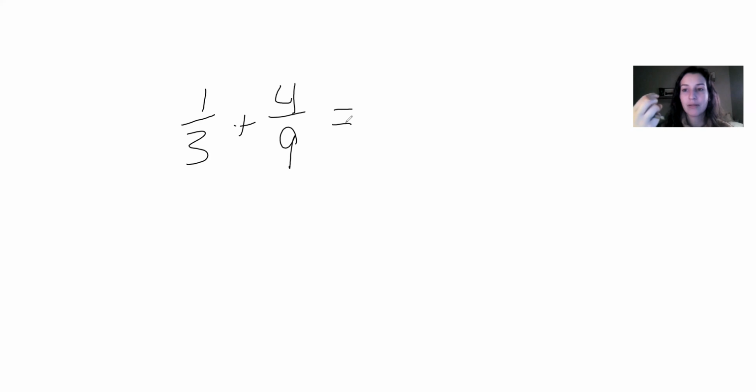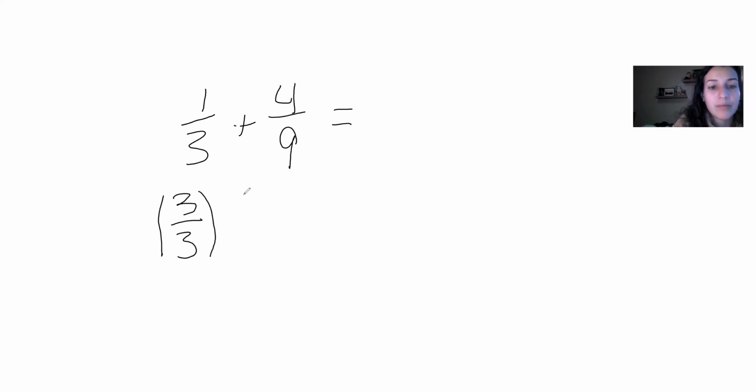Let's try 1/3 plus 4/9. All right, so how are 3 and 9 related to each other? How many times does 3 go into 9? It should just be 3 times. If we remember, 3, 6, 9. So 3 times 3 would be 9, so we just want to multiply that first term by 3/3. And we can do 3/3 because that simplifies to 1, so it doesn't actually change the